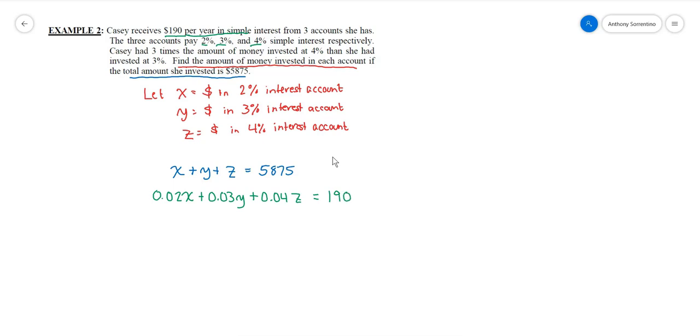So again, each one of those terms is the amount of interest she earned in the respective account, and then you take the amount she earned in each account, add them together, you get 190. So that's where this one comes from. The last one